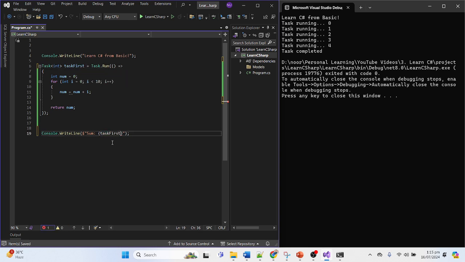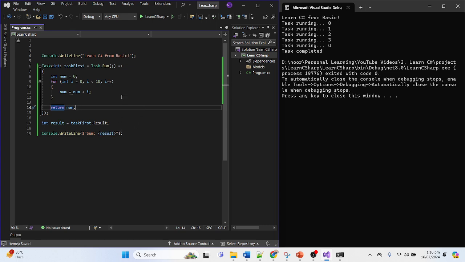Task first dot result, and I mean printing the output to the console. Instead of directly using task dot result, let me assign the value to some variable: result is equal to task dot result, and then I will print here